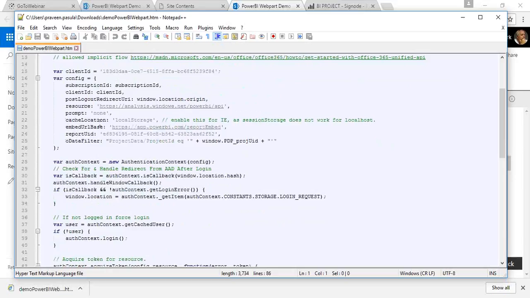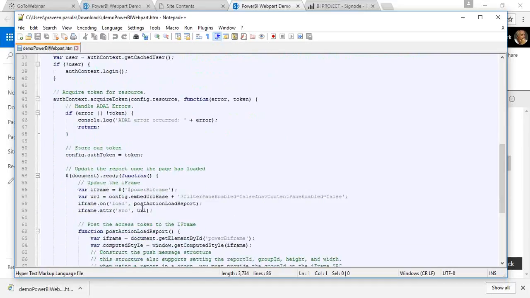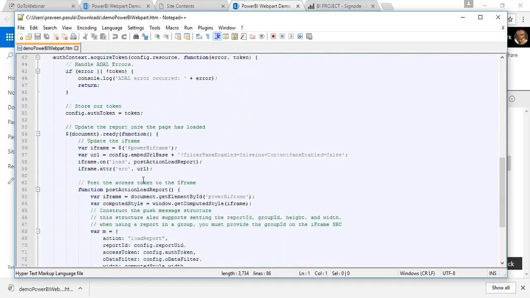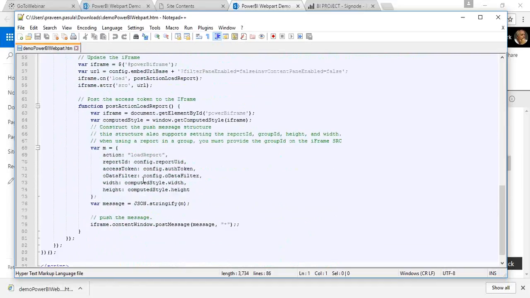Once you've created that config file, that little data object, you're actually going to, on line 28, create this authentication context. This is what really establishes a programmatic authenticated session. And once you have that authenticated session, the only thing that's actually done here is that this little mini micro client done in JavaScript, all it really does is go in and say, hey, there was an iframe on the page, please go and reload it, but pass in the security token that now is a part of this authenticated session. And the result is